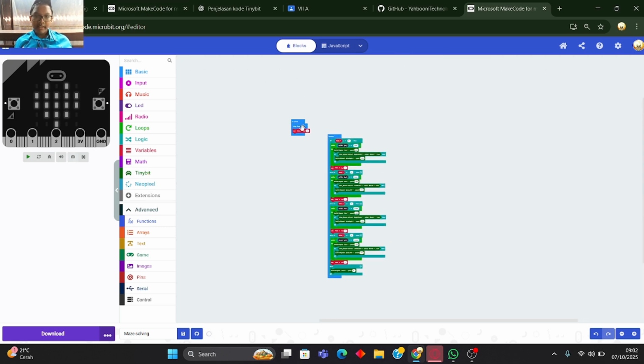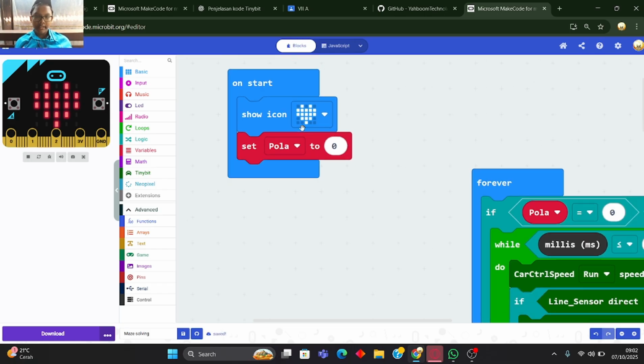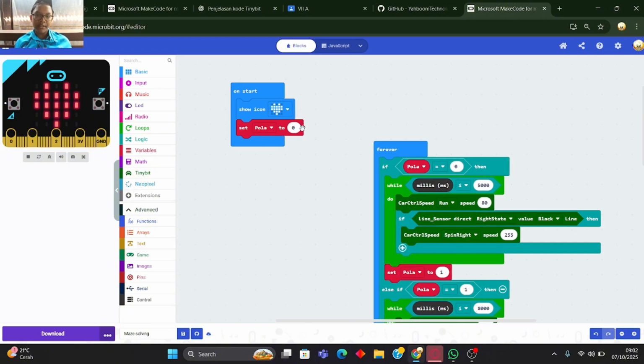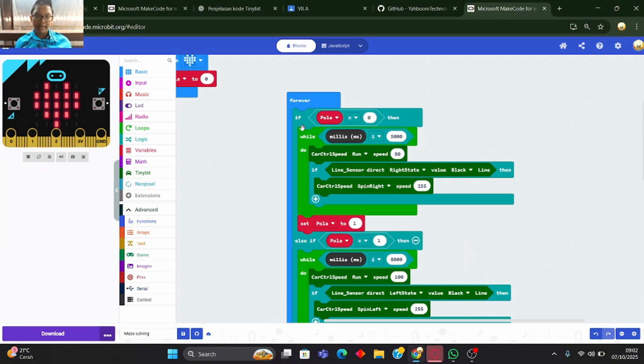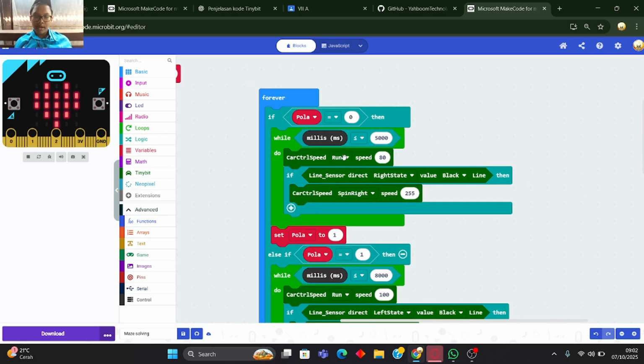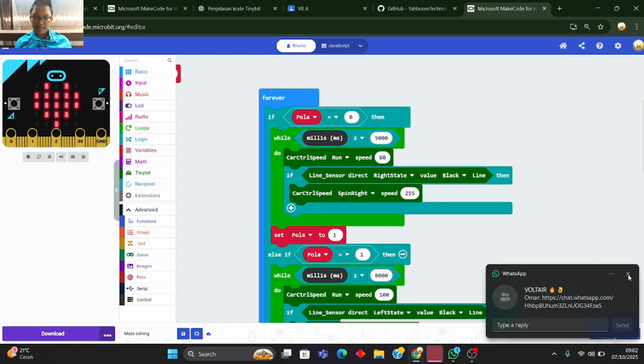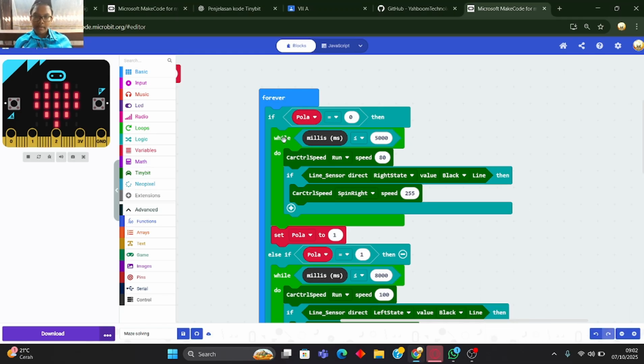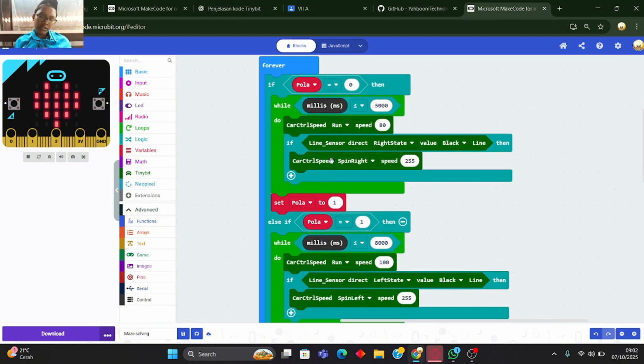I will explain. For the first, on start, the tiny bit will show icon love and will set Pola to 0, and forever, because we already set the Pola to 0, and while the millis is 5 seconds, the tiny bit will do car control speed run with a speed of 80, so it will run.